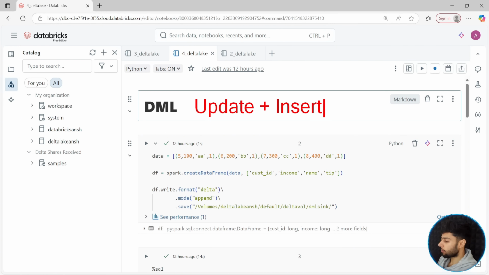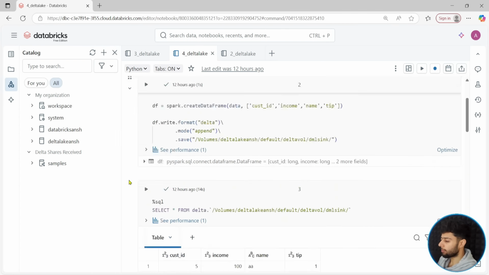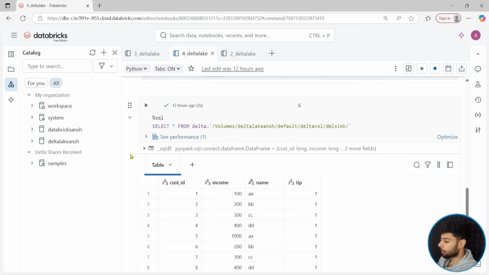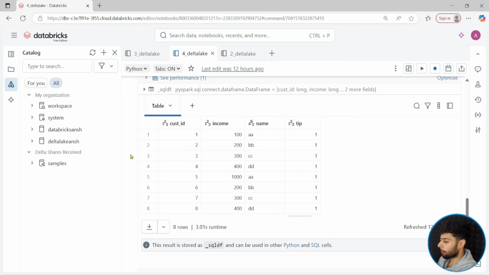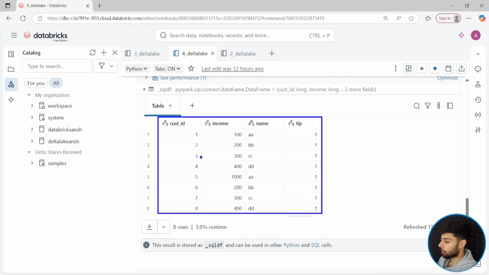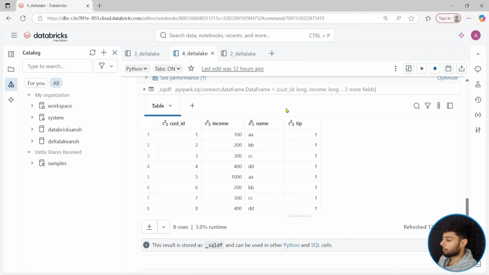Or you can say it is very popular with the second name called merge command. So in this, what we do? Let me first of all show you the example. Let's say you have this particular data for these customer IDs. Let's say 1, 2, 3, 4, 5, 6, 7, 8, 9, 7, 8. Now, if I say, hey,